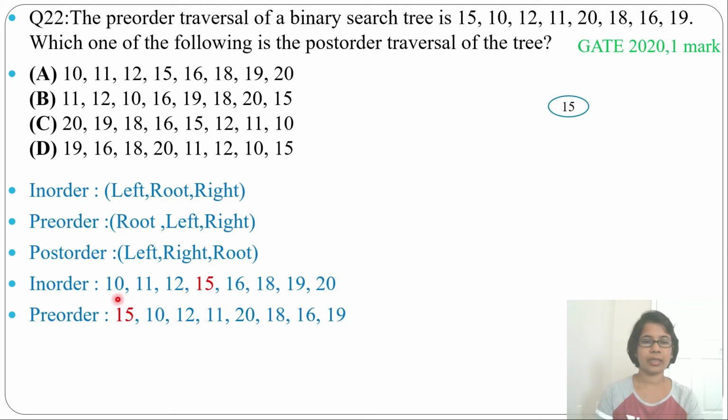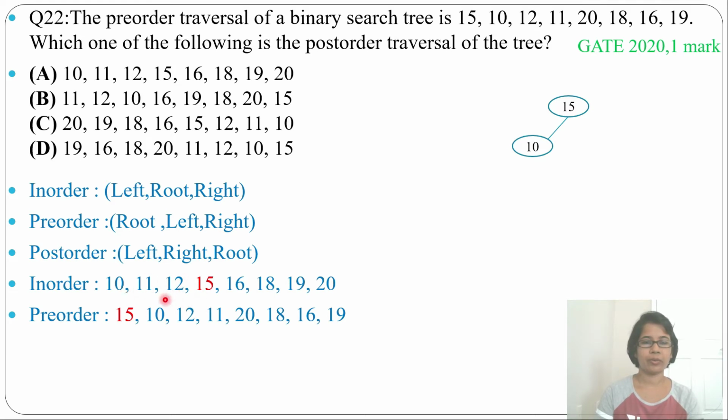Now just check from 10, 11, 12, which is present first in pre-order. 10 is present first, so 10 will be its left side. In case of pre-order, remember a trick: the first node is the root, the second node is the root's left child. So now we found 10, and we check in-order. After 10 come 11, 12, so these two will be its right child. Now from 11, 12, which will be parent and which child? Both will be on 10's right side.